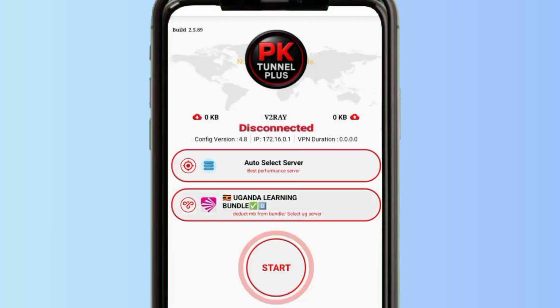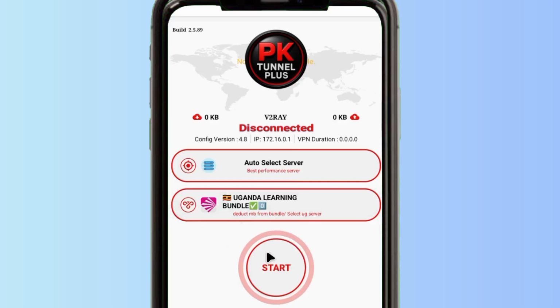And after picking a server, from this box below here, choose your country name. For example, in today's guide, I have chosen Uganda. So you pick your country name, and after picking your country name, the app will be able to establish a connection due to the chosen country, because it will have the settings tailored to the selected country. So make sure to pick your country name, and after doing that,